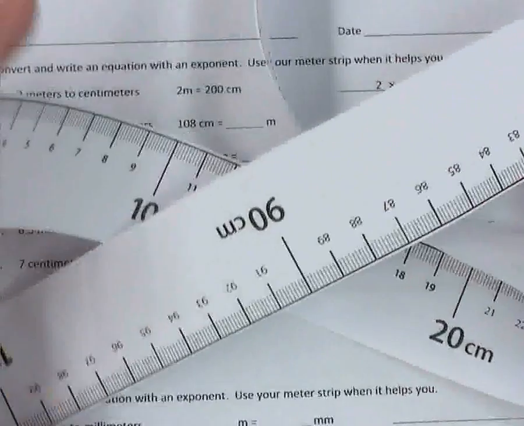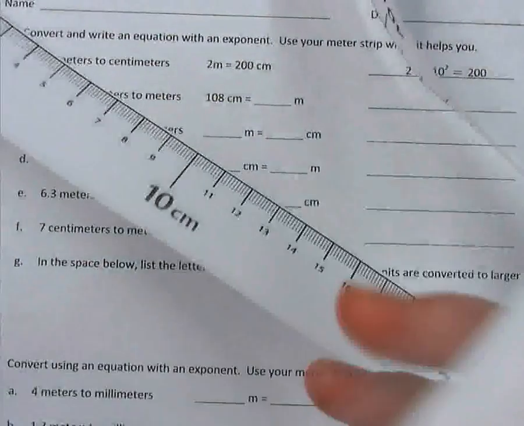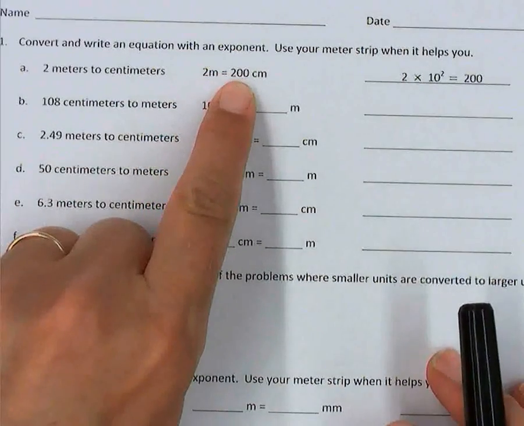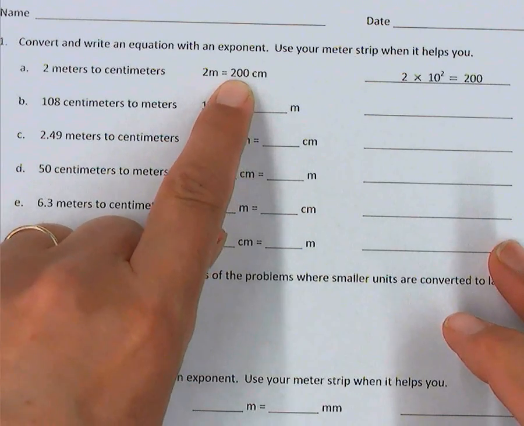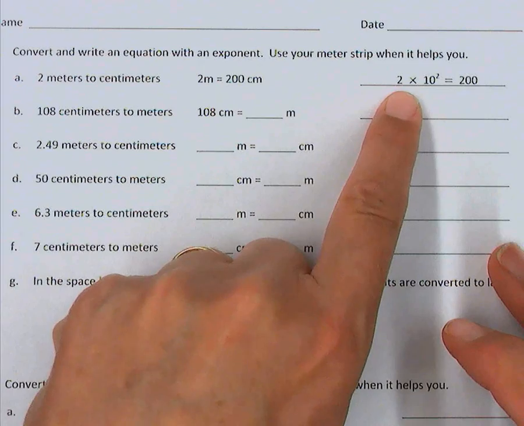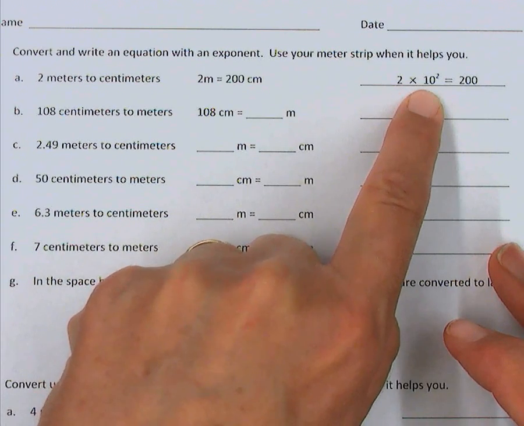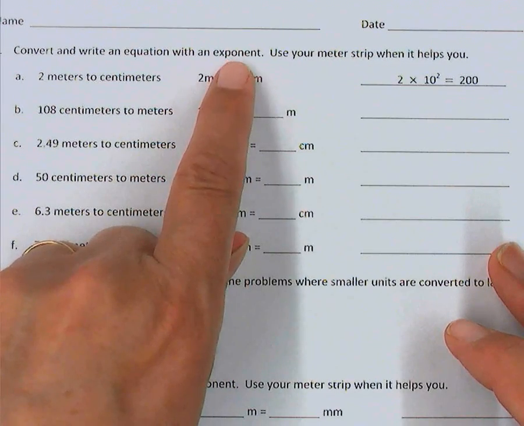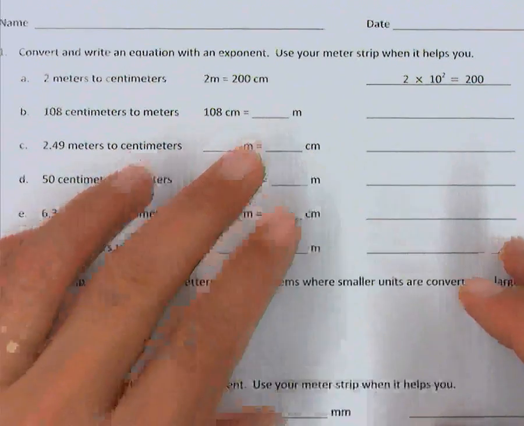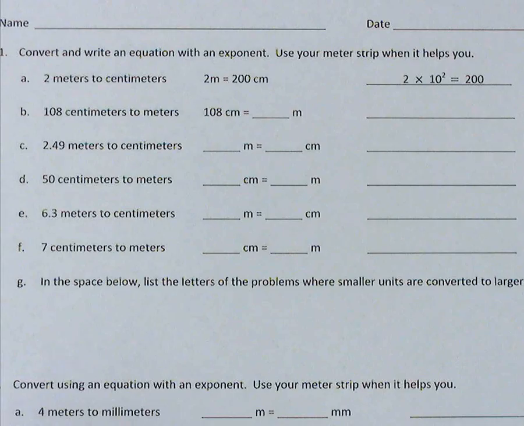So if I have all of this, and it's all straightened out, all of it together adds up to 100 centimeters. So if I have 2 of those, it's going to be 200 centimeters. And then when we go to write it as an equation, 2 times 10 squared, using an exponent, that's equal to 200. And so on these ones, what you can do is take a look and go, I know that